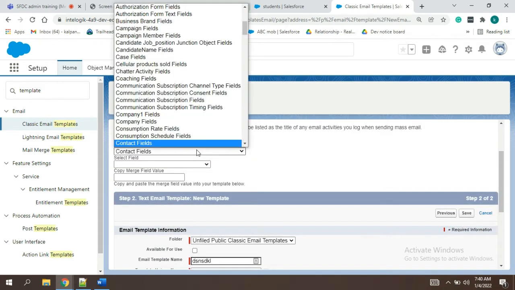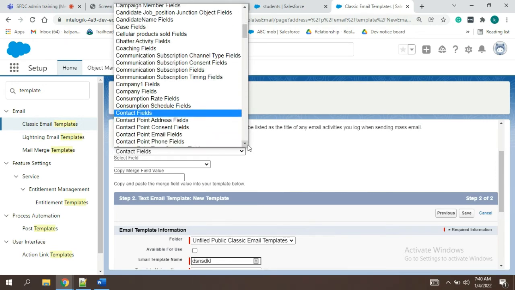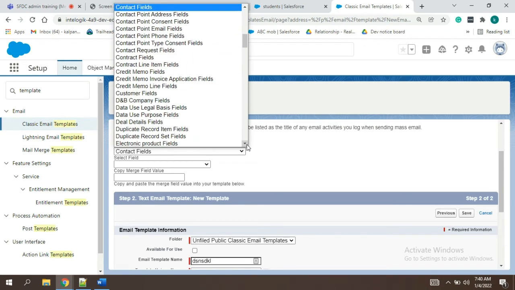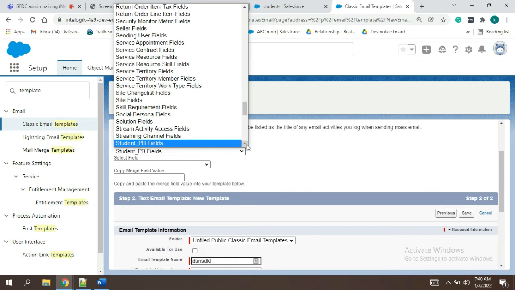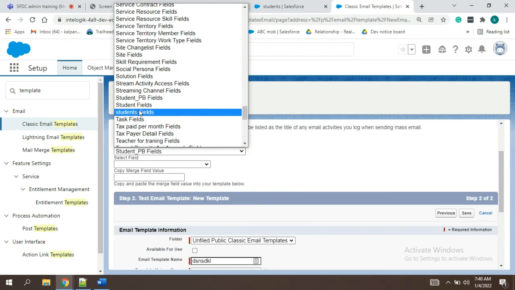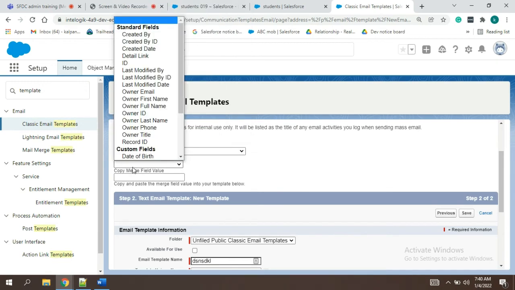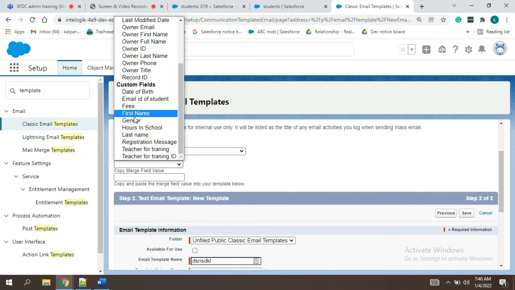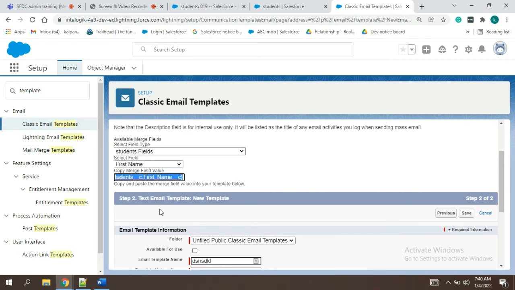See here, in the field we can, if we know the name we can do it. We wanted field type as student one, no? We have to give just first name, and you have to copy this entire thing.